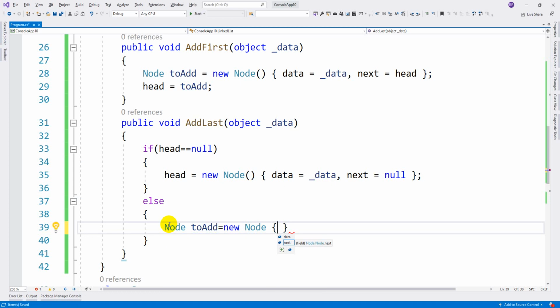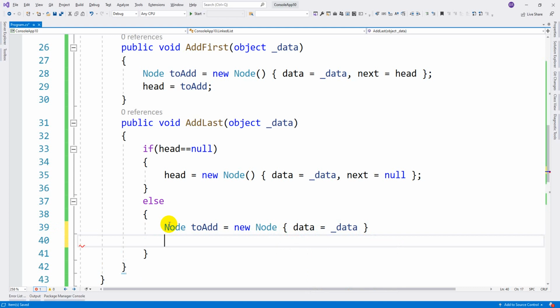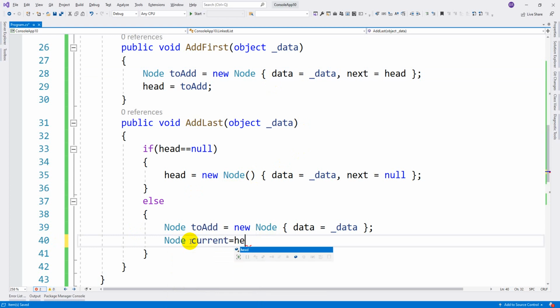Here we can insert data as this current data. Now this is optional, guys. If you want to use it, you can, no issue. So now node current node equal to this head node,